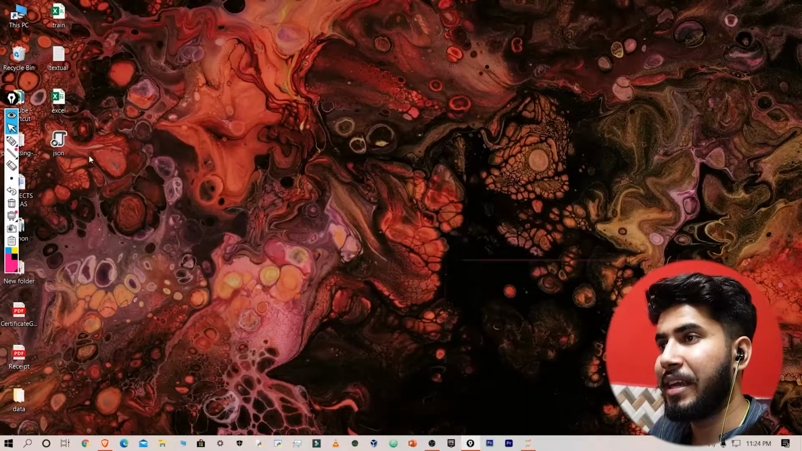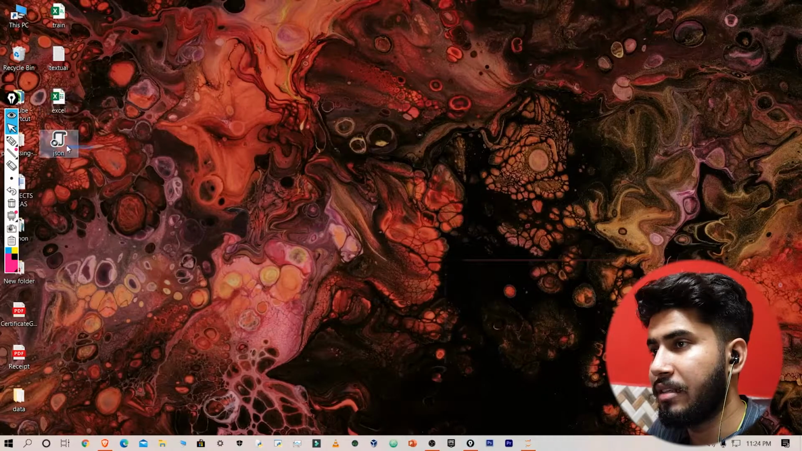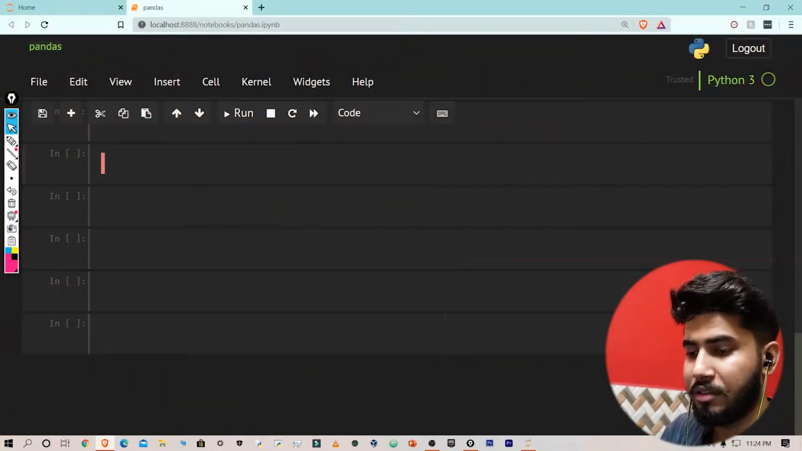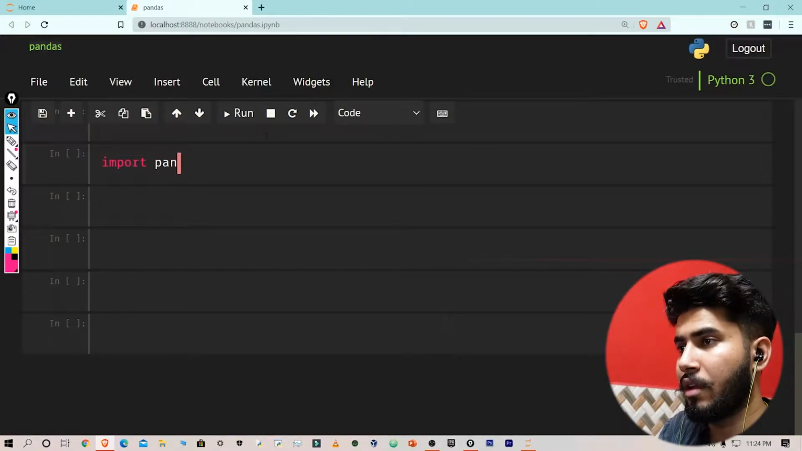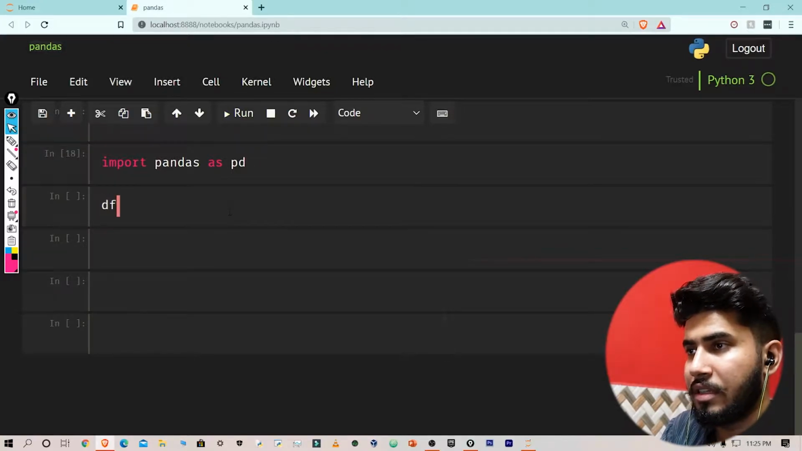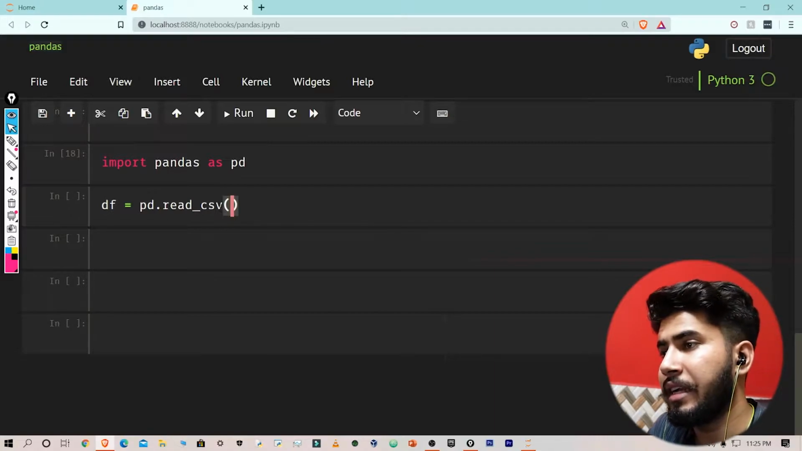So as you can see here, we have four files. This is the CSV file, this is a textual file, this is an Excel file, and this is a JSON file. So we are going to access all of them one by one. Let's first import pandas as pd and run it. The first thing that I'm going to do is pd.read_csv,